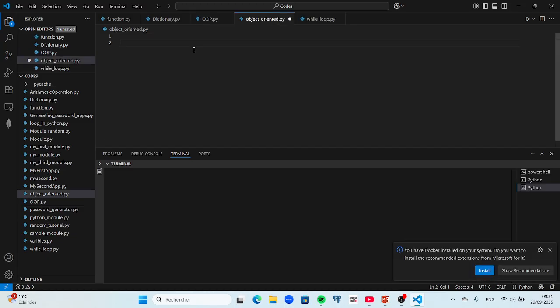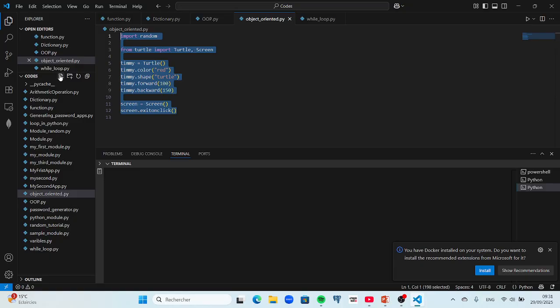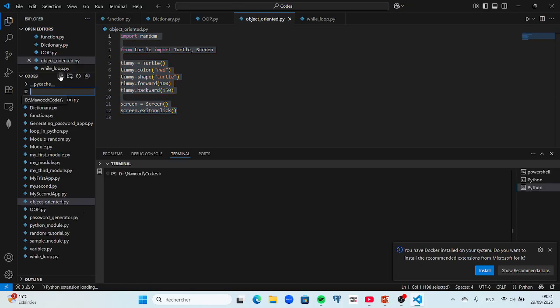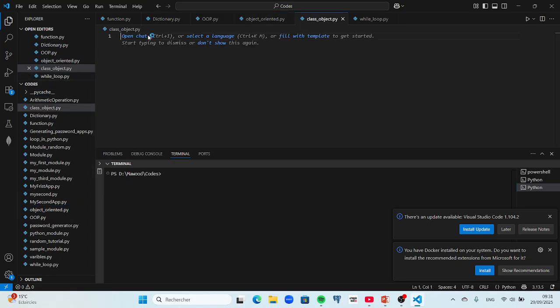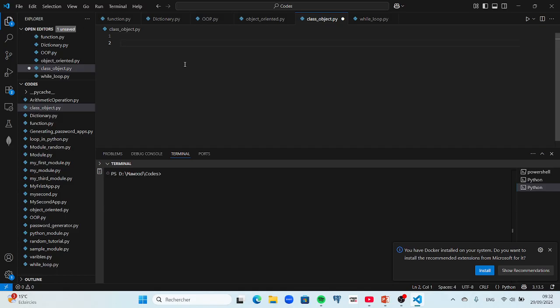Okay, let me create another file, for example, class object dot py. In our demo, I'm not creating a class. I just want to create an object from the class which has been already created by other Python developers. In this case, I want to